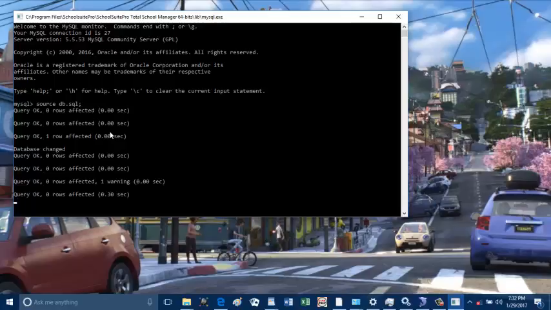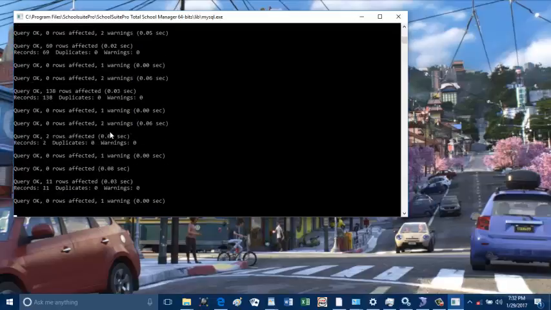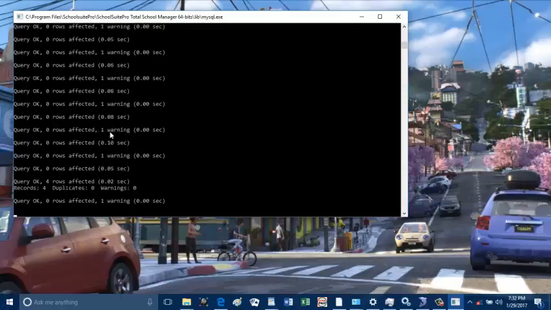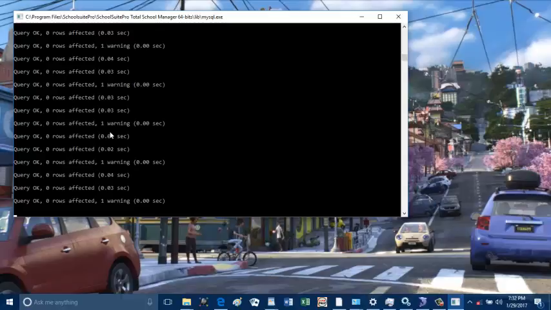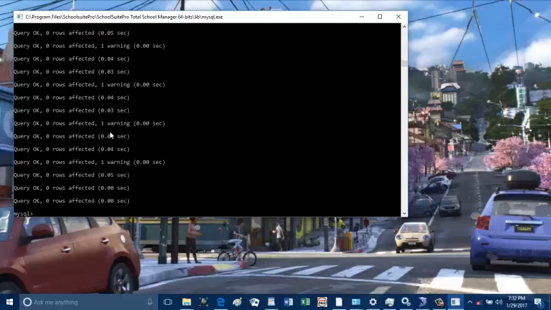At this junction, please ensure that your power cable is connected. It should not cut on the way. Make sure you have power reserved for the next 10 minutes to complete this installation. If the process is taking long, please just be patient. It's a large database, so let the process complete by itself. Any interruption might disrupt the flow of the application. Now, this one is done, so you type quit to conclude the process.